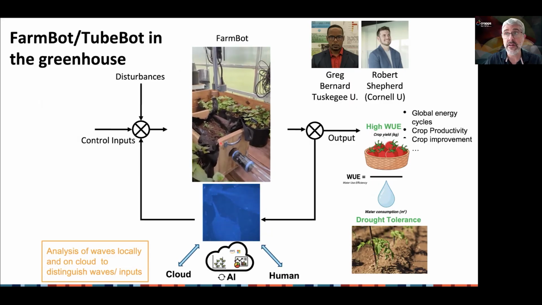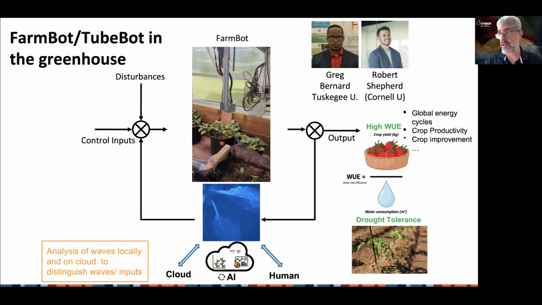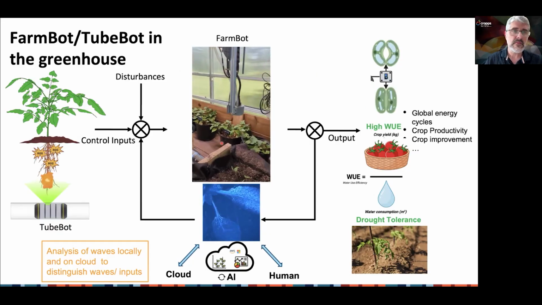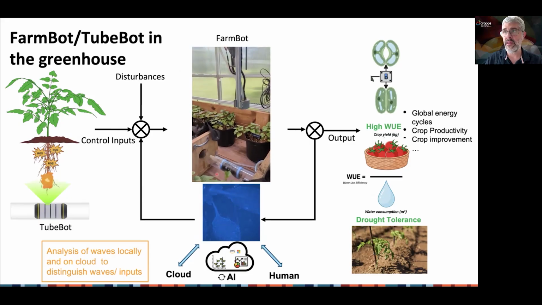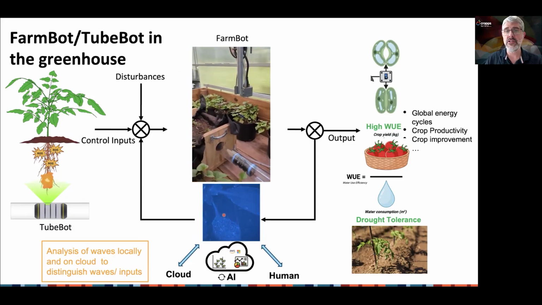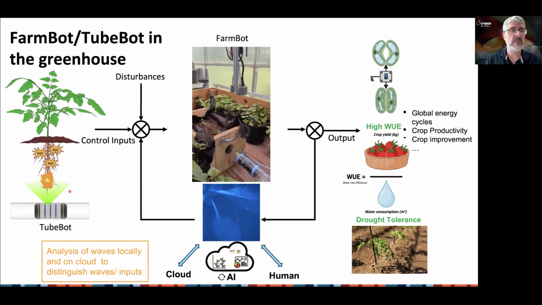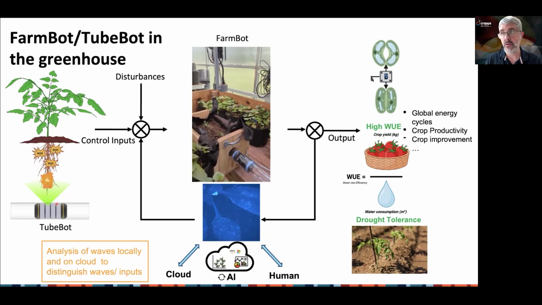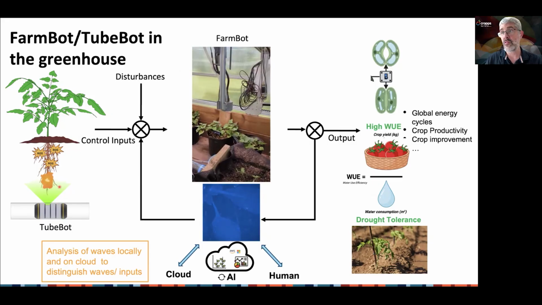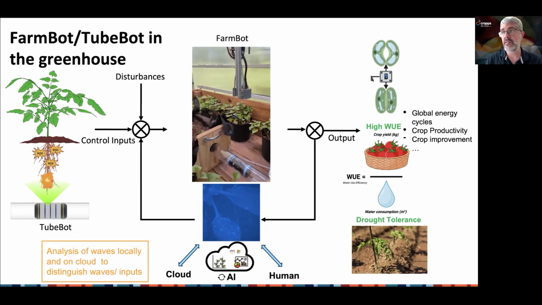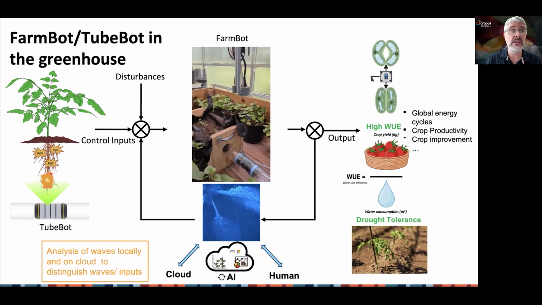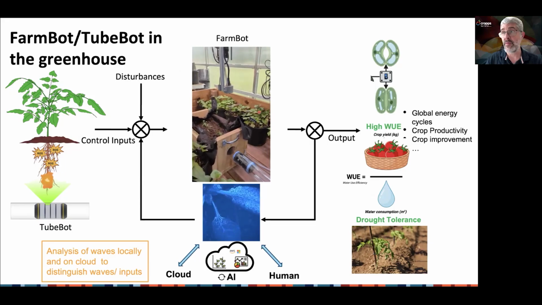So the concept here is very similar to crops in the box, except in this agronomic setting, much more complicated too, of course. But as we envision it, the FarmBot is going to be able to collect information about the physiology of the plants and the waveforms moving through them, and the TubeBot is going to be interacting with the roots harboring optogenetic switches, where those can be turned on, actuated to induce long-distance signals to potentiate changes in stress physiology in the canopy, which will be monitored by the